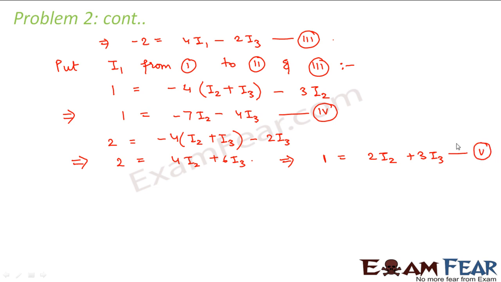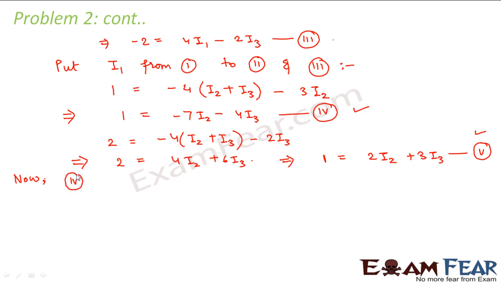So see, these kind of problems where we apply Kirchhoff's law, the main challenge is to write the equations. Once you write the equations, it is just all about solving the equations and getting the values. So you got equation 5. Now what do you have? You have this equation 4 and equation 5, 2 equations and 2 variables. You just need to solve them.